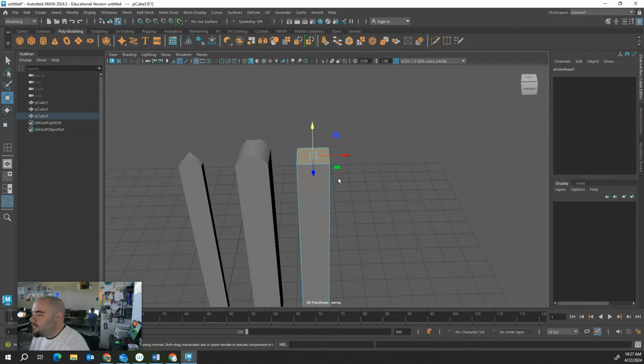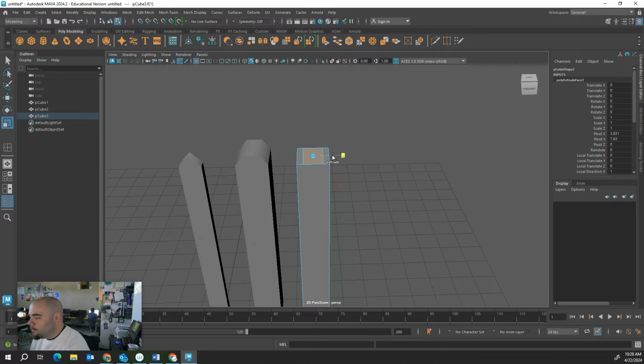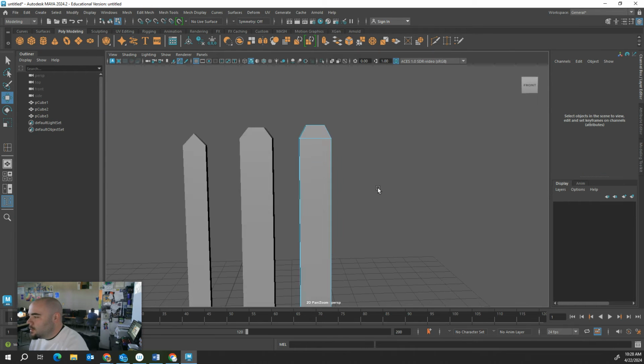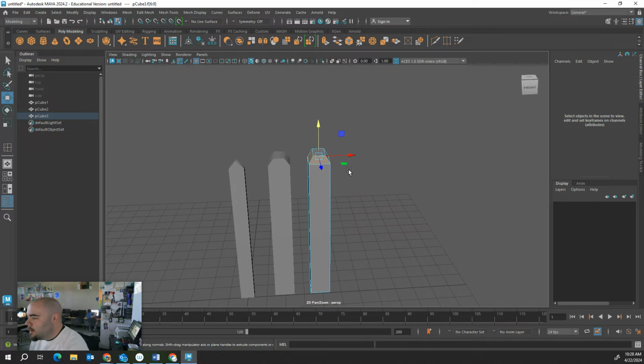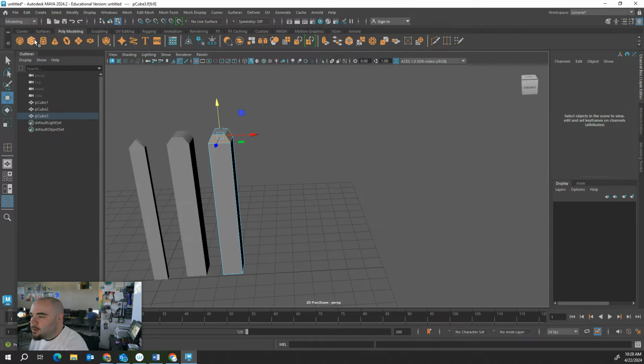Or the other way is you go to face mode. You can use your extruding tool. You can hold shift and pull inward, and then you can pull up. So you guys can see there's a couple different ways to get that rounded shape. So again, one, you could cut two lines and pull, or two, you can extrude and pull. And then the other way you can do it